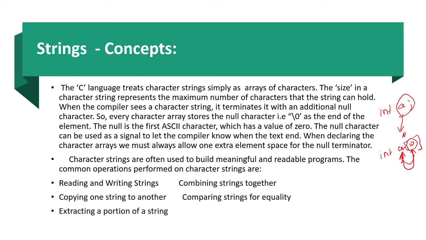Suppose I declare integer a of 10, what does it mean? Now a is a variable which is capable of holding values from 0 to 9. That means a of 0, a of 1, a of 2, a of 3, and so on. Like this, up to 10 values we are able to assign for a. If it is a normal integer, we can assign only one value. If it is an array variable, we are able to assign multiple values. If I declare 10, it is capable of holding 10 values simultaneously.